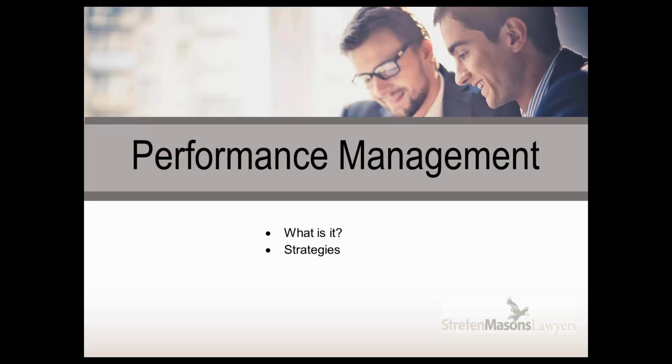So the different strategies, there's really three of them. The first one is counselling. This is where you've got a minor problem with an employee and you want to sit down and have a chat to the employee and try and counsel them through it. The problem with the counselling process is that sometimes where you counsel an employee a number of times, you may not wish to go on to the next level of warnings, and the employee might start to think that their conduct is okay. So you need to use counselling on very minor problems. Where warnings come in is for more serious problems or for repeat problems.